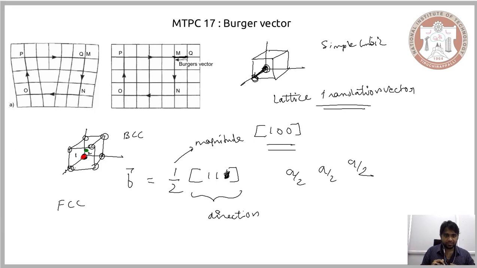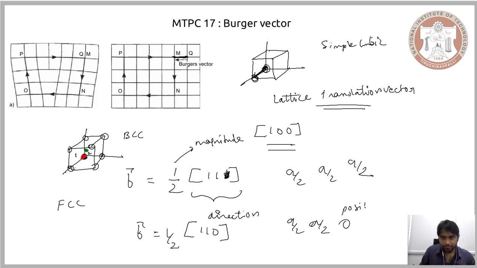And if you consider the Burgers vector between the corner atoms and the face centered atom, it will be of this form, wherein the position of the atoms will be A by 2, A by 2 and 0, and the direction will be 1, 1, 0. So based on the position of the atoms, you will be able to gain the direction and also the magnitude of the Burgers vector. Here are the positions of the atom, this is in case of BCC and this is in case of FCC. By considering the position of the atom, you will be able to express the Burgers vector, wherein you are considering both magnitude and the direction.